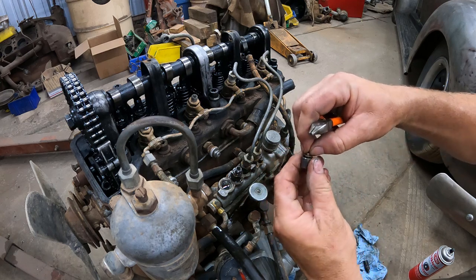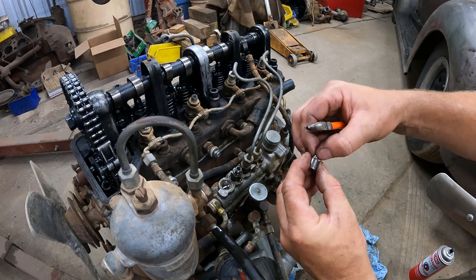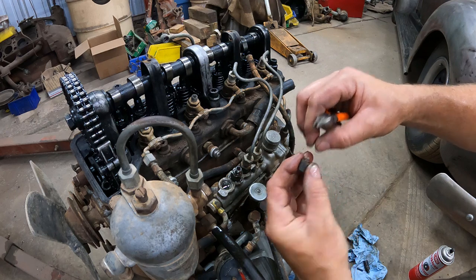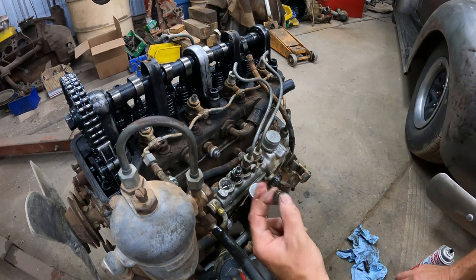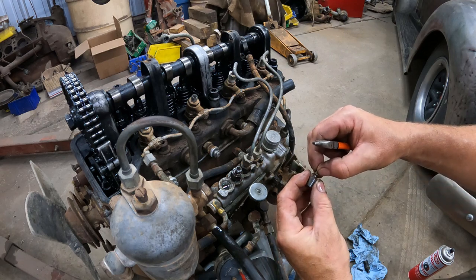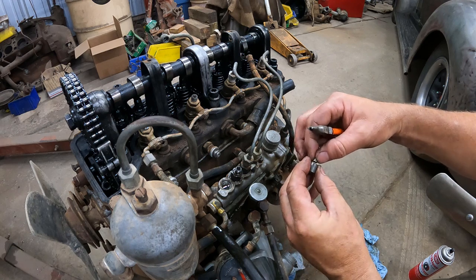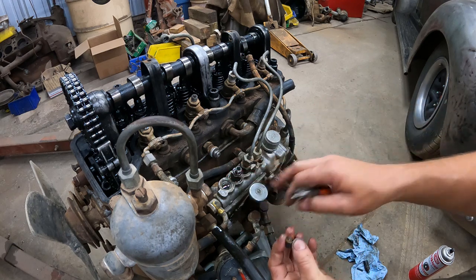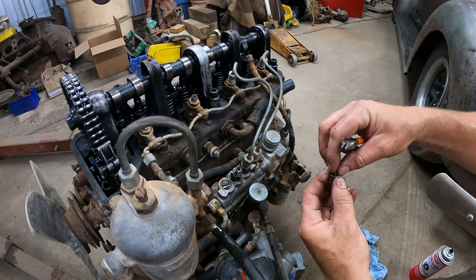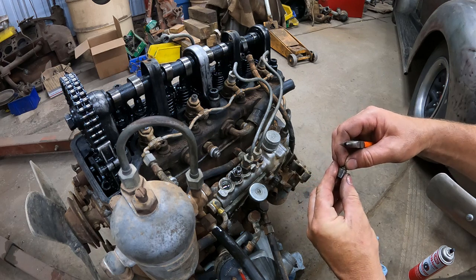Sometimes they will gum up, especially on the gas pumps on the early fintails or late pontons that had the fuel injection where a 2-plunger pump was converted to gas. They like to gum up. On a diesel also. Sometimes if they sit forever and people don't leave the lines on or got some water. So if this is stuck, your pump will not work. It has to go real easy. This one is almost